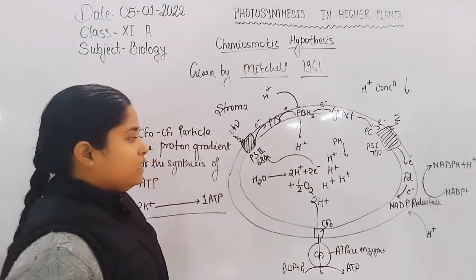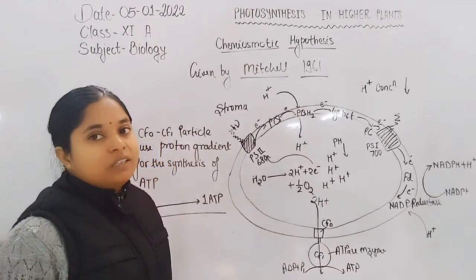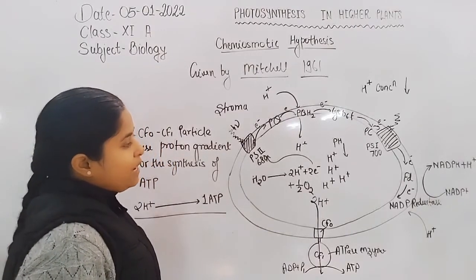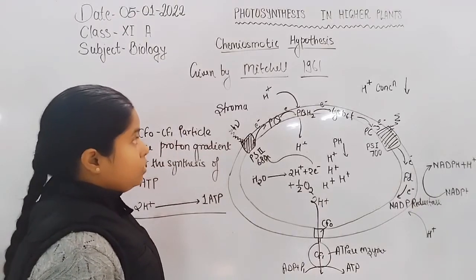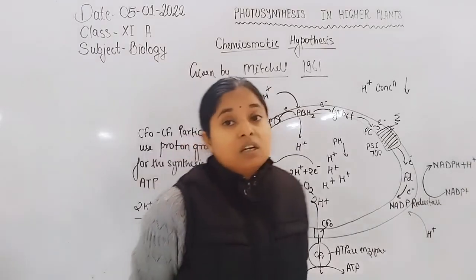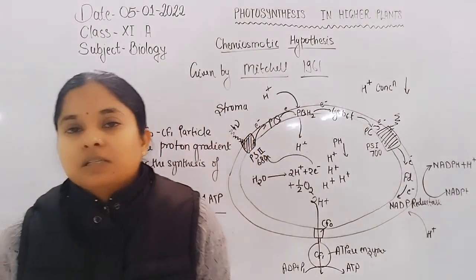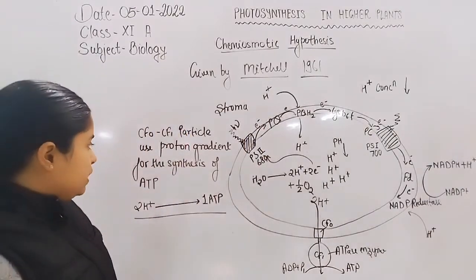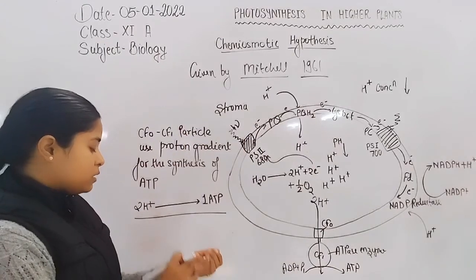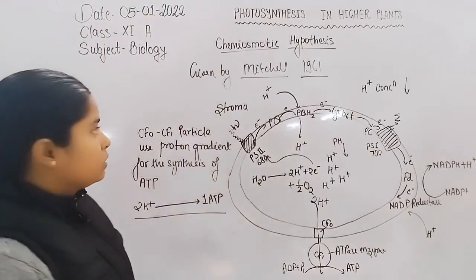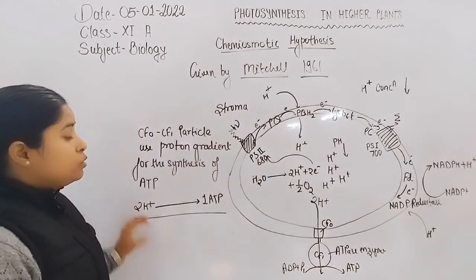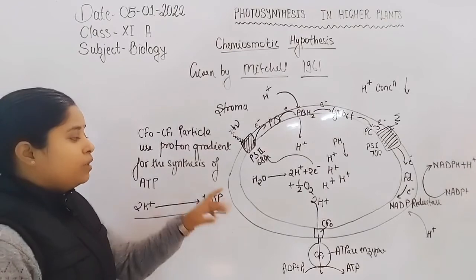from the proton gradient. That's why the electron gradient and proton gradient are used in the formation of ATP or NADPH from the light reaction. So this is the chemiosmotic hypothesis, which is part of the light reaction where the splitting of water, synthesis of ATP molecule and synthesis of NADPH molecule both take place. Now here is the overall synthesis of ATP molecule in the chemiosmotic hypothesis, where 2 protons are needed for the synthesis of 1 ATP molecule.